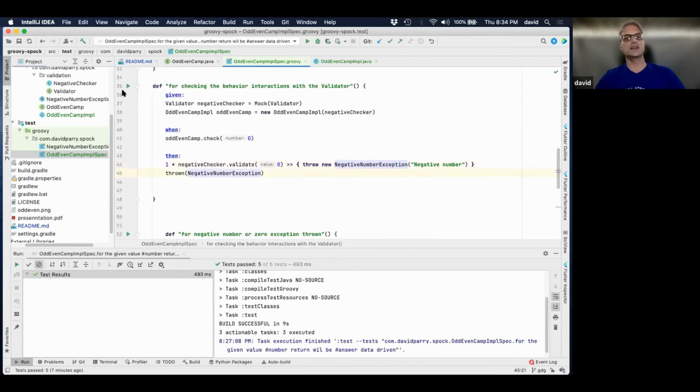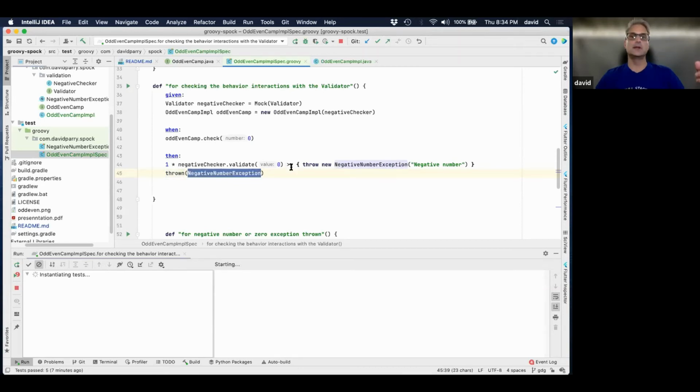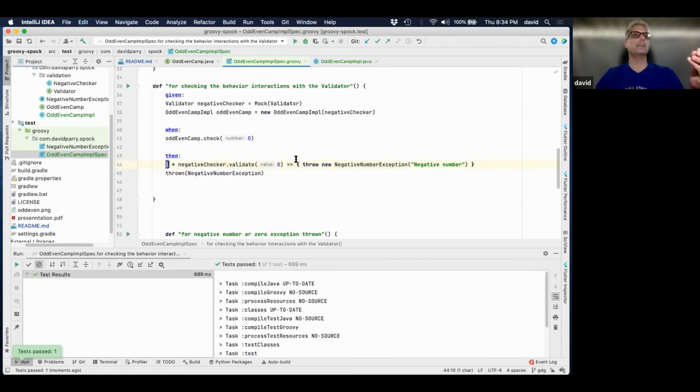There are many other scenarios for this, but I'm just going to run it here, and you'll see that it's going to throw it, and I'm going to expect it to be thrown, and boom, it'll come out. And only one time too. This is key. So think of looping and other stuff like that, where in my loop, when I get a record set of 6 records, it should be called 4 times or 5 times with this data. You can be very specific here, or you can be non-specific.